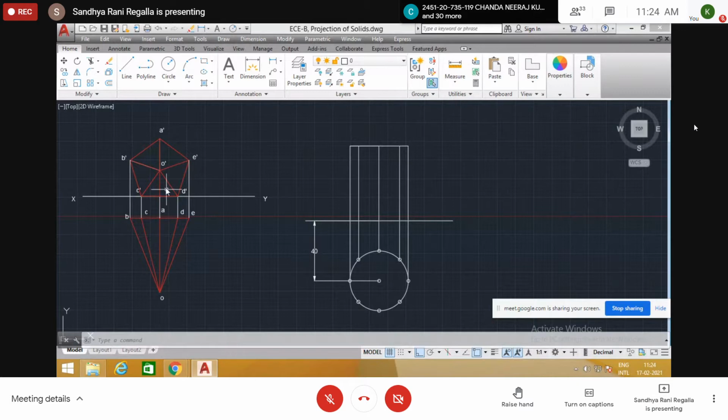So when these lines coincide, overlapping with each other, the first preference we give is to solid line, second preference is axis line, third preference is dotted line. Suppose all three lines are coinciding on one line, first preference is solid line, second preference is axis line, third preference is dotted line.